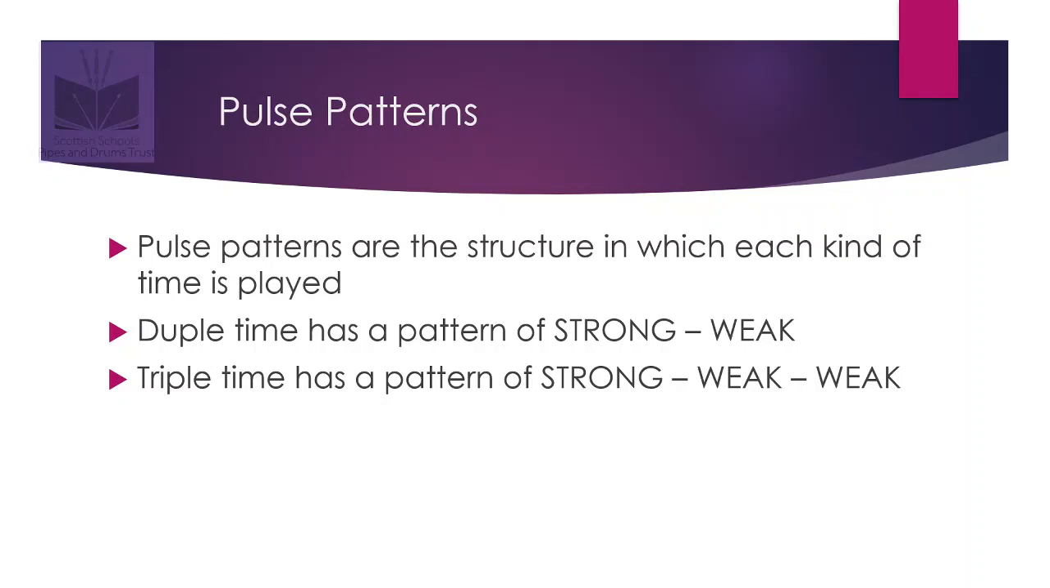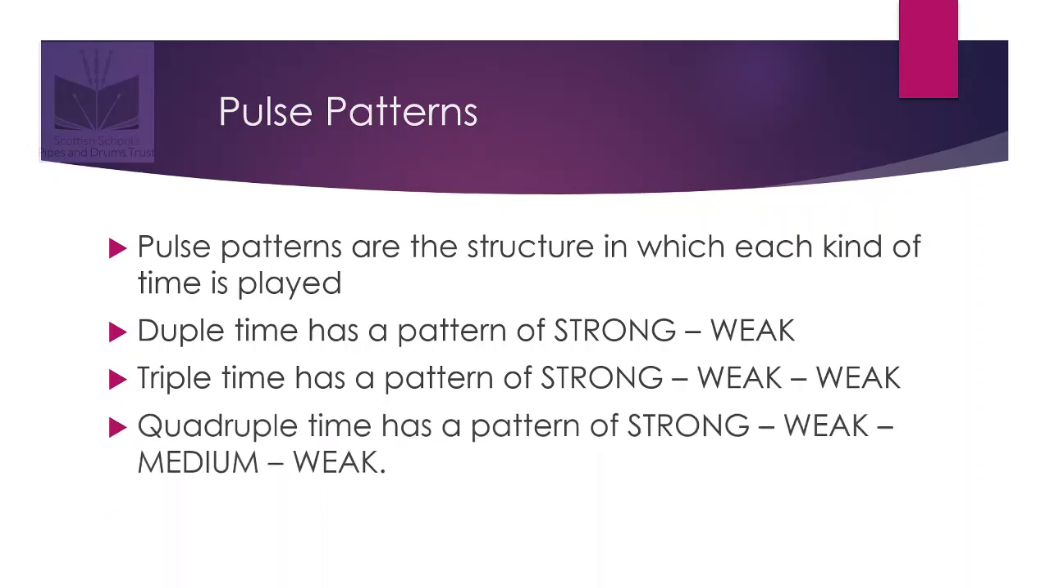Now before you jump in and say quadruple time has got strong, weak, weak, weak, it's not. It's strong, weak, medium, weak. So it would be strong, weak, medium, weak, strong, weak, medium, weak. So if you hear a bass drummer playing a 4/4, they're going to be playing 1, 2, 3, 4, 1,